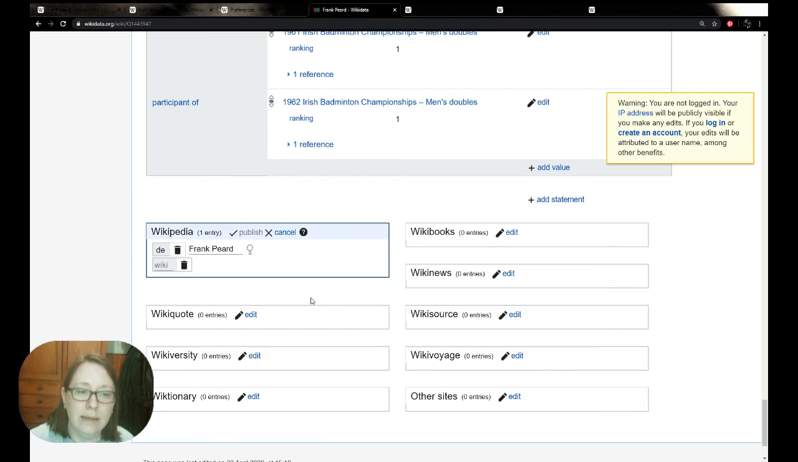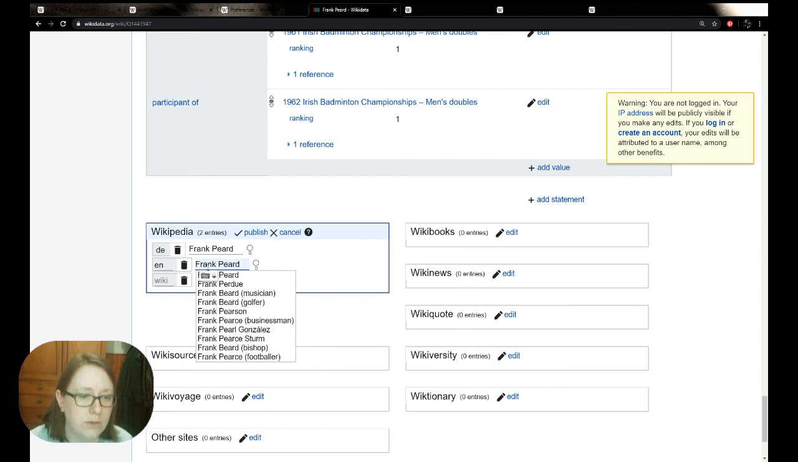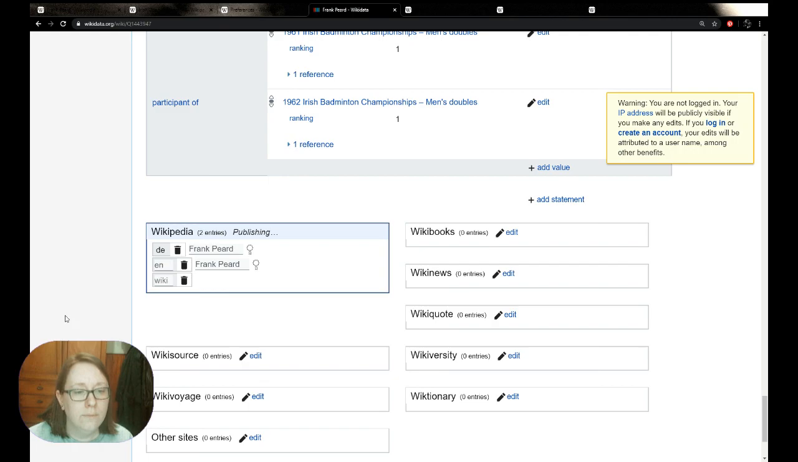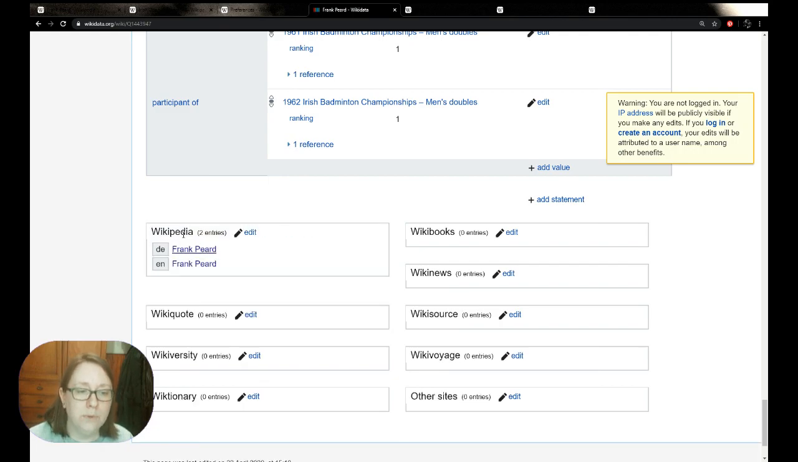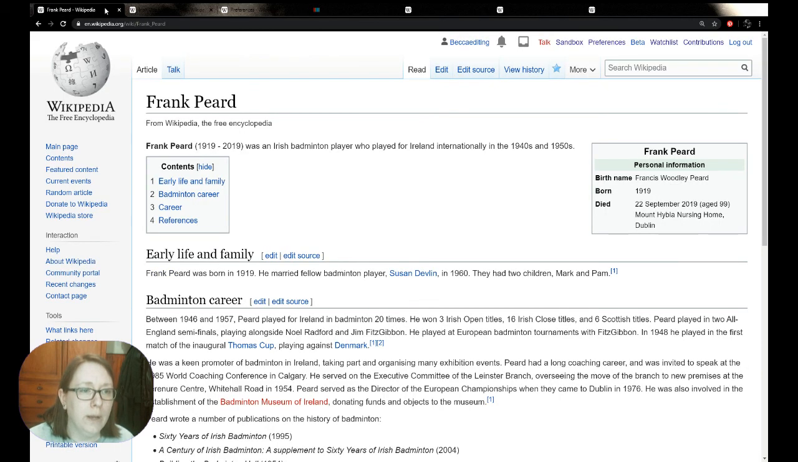So this is the links on Wikipedia. And you can see DE is the German edition. So I'm going to add EN, which is English. And I'm going to write in Frank Peard. That's showing up. And I'm going to say publish. So now we have both language editions of this article, and they're linked, which means if I go back to